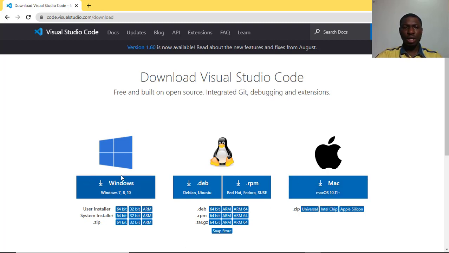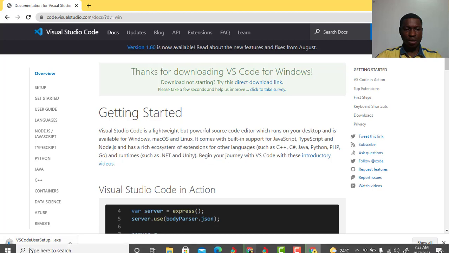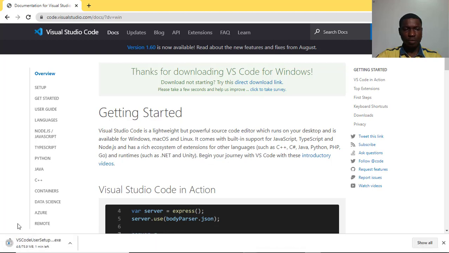I'm on Windows and I'll simply click this like so, and then it's going to be downloaded onto my computer. Once this is downloaded, all I have to do is click on the file, follow the instructions, and then install Visual Studio Code.